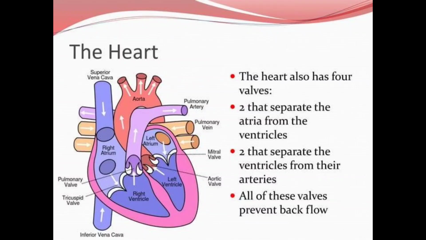Next, the heart also has four valves that separate the atria from the ventricles, and the ventricles from their arteries. All of these valves prevent backflow. To separate the atria from the ventricles, the mitral valve and the tricuspid valve are present. To separate the ventricles from their arteries, the aortic valve and the pulmonary valve are present. All of these valves prevent the